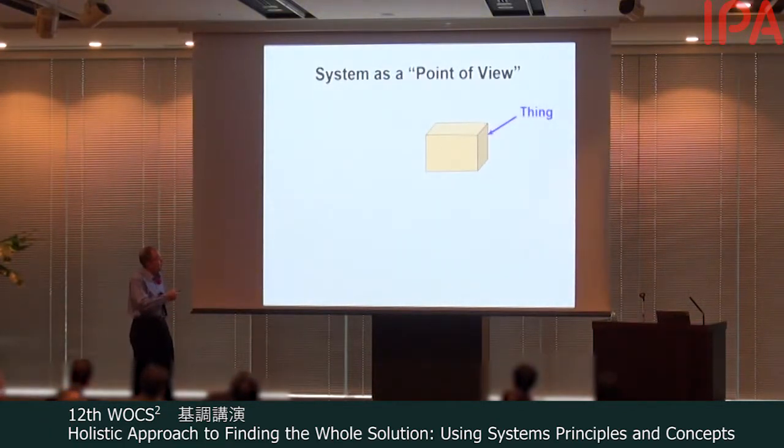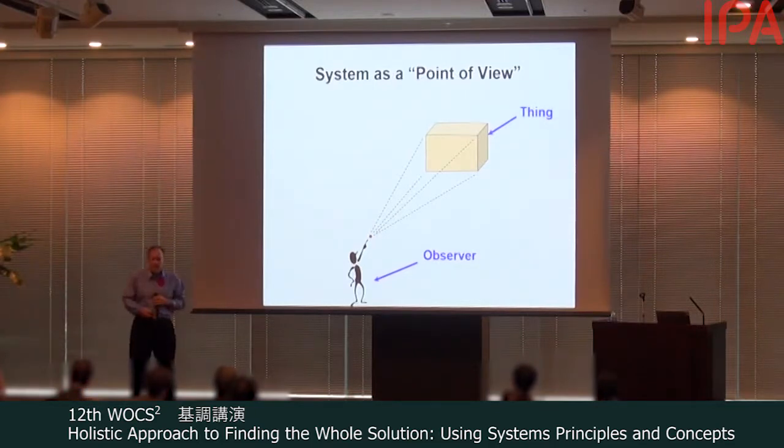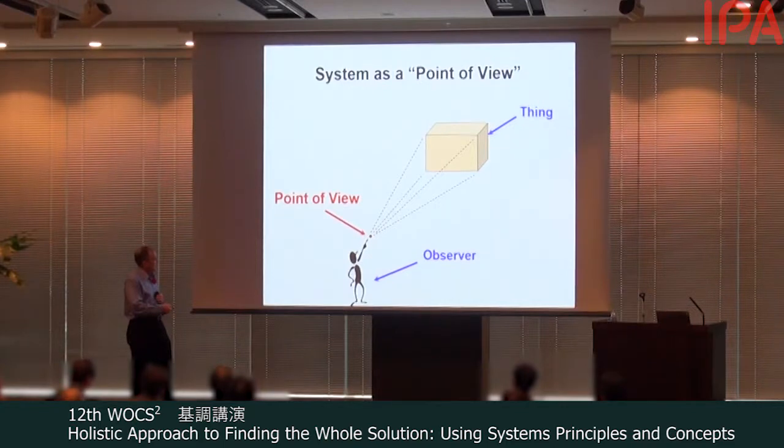So we have a thing. People often call that thing the system. But there will always be observers of that thing. Some of the observers are engineers, but some of the observers are the users, the maintainers, the operators, the owners. There are many observers of that thing. Not all observers will see that thing in terms of a system. But it's our job as system engineers, through holistic thinking, to be able to see the systemic properties of that thing. So Gerald Weinberg said the system is the way you look at this thing from this point of view.